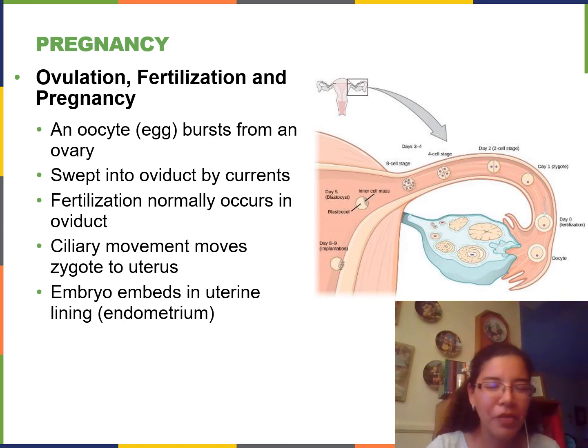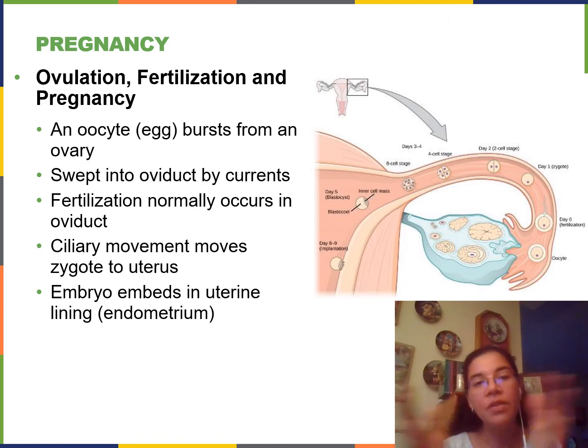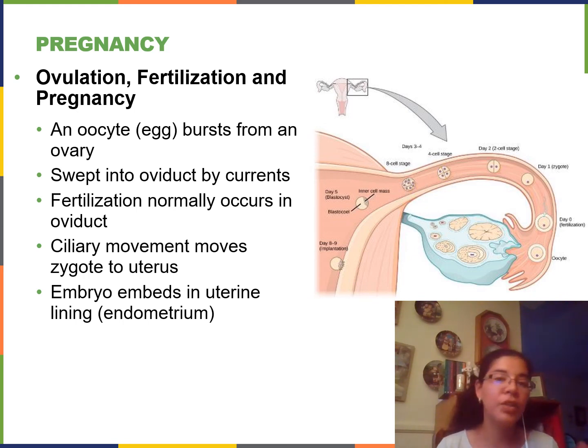Just a couple notes before I move on. This egg is immotile. It does not move. It doesn't have the structures to move. But the lining of the uterine tube has cilia. The cells have cilia, and they're moving in unison to sweep the egg to its location. It's also another reason why smoking affects pregnancy and fertilization, because smoking affects cilia. It freezes cilia. It inhibits cilia from moving. And if you inhibit the cilia, the fertilized egg cannot move to its location to implant and have a successful